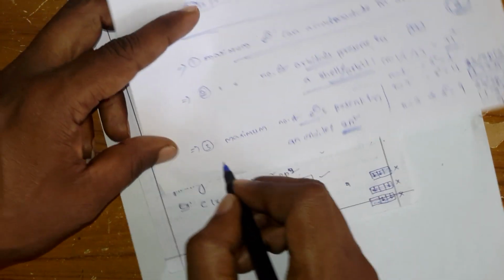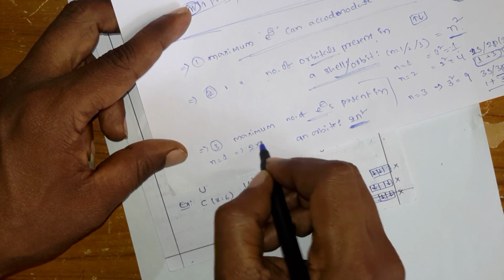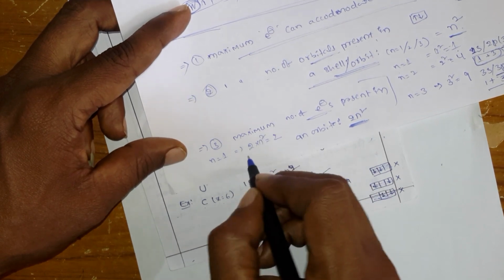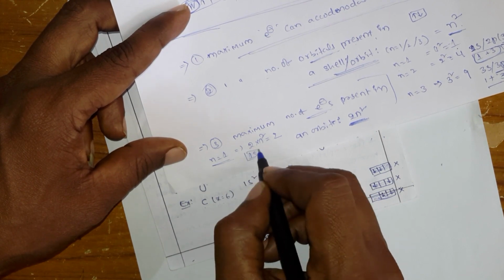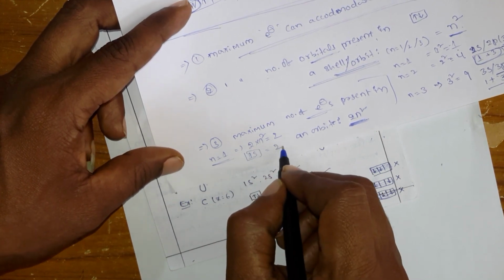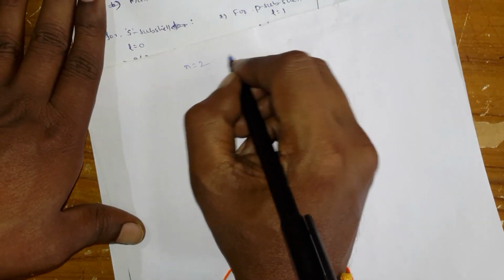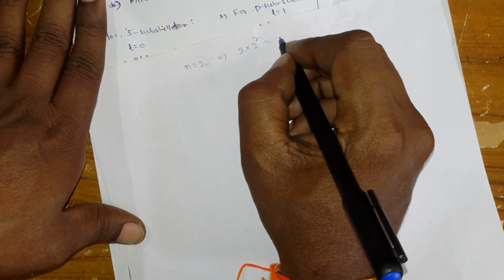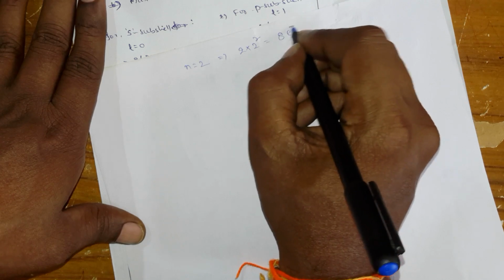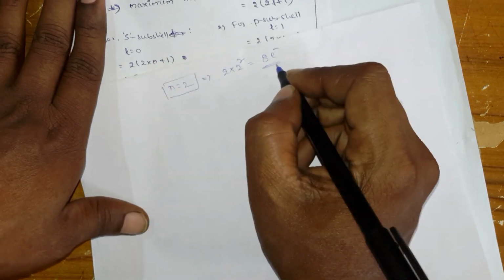Okay. For n is equal to 1, that is 2 into 1 square, that is only 2. That means in n is equal to 1, you have only the 1s orbital. In the 1s orbital, you can accommodate only 2 electrons. Similarly, if n is equal to 2, that is 2 into 2 square, that is 2 into 4, it is 8 electrons. In the n is equal to 2 orbit, the maximum number of electrons is 8.